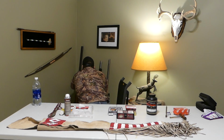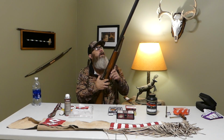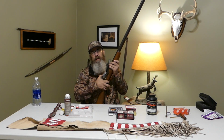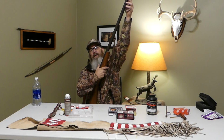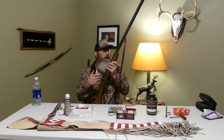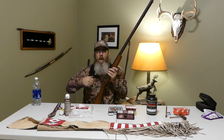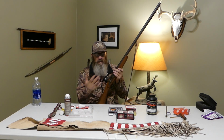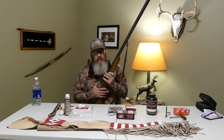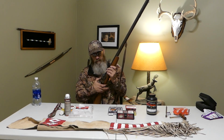So I'll start with the oldest one here, and I have another one, but it's with my dad. He had to take it to a gunsmith because I was an idiot, and it had a cone on the ramrod. I just thought I was going to put a patch on there, shove it down there, and clean that barrel out. Well, when I put that patch around it, it seized up at the bottom, and I couldn't get that cone back out. So he's going to have to take it to a gunsmith and have that taken out. But that's kind of the reason why I wanted to do this video, is because